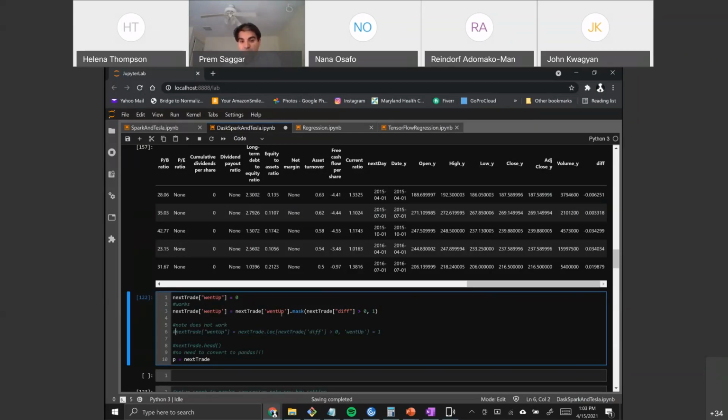So for conditional assignments, you have to use mask, okay? The good news is that mask exists in pandas as well. It's just that loc is a little bit more natural and efficient, right? Okay, so once we do this, we should get a 1 or 0 value for whether or not the stock went up or down, right? So if we do that,